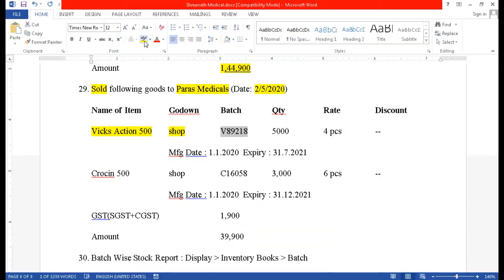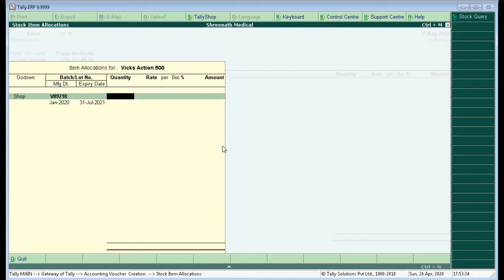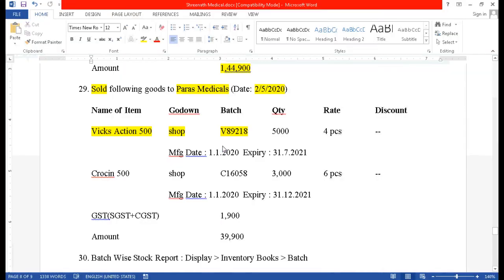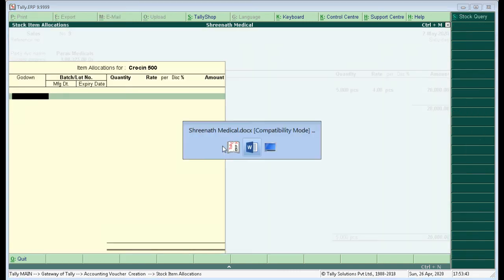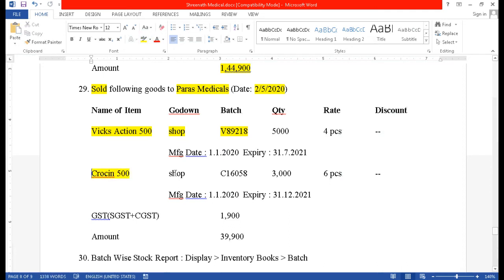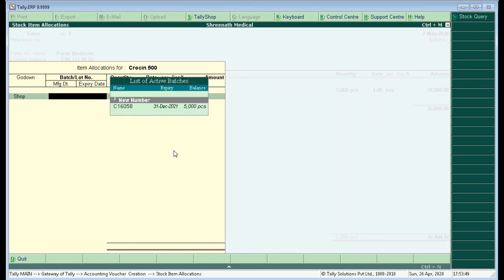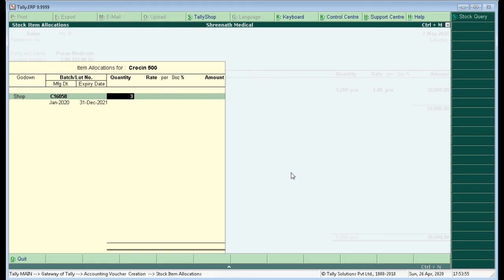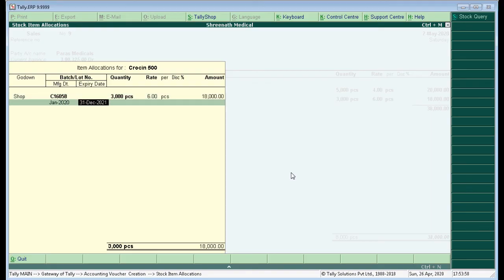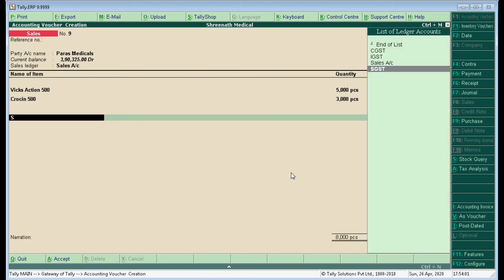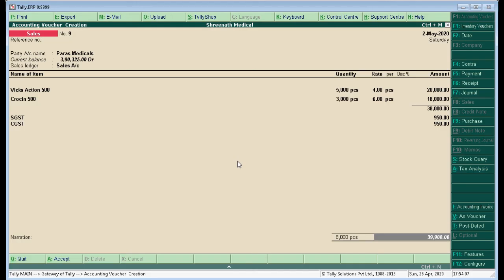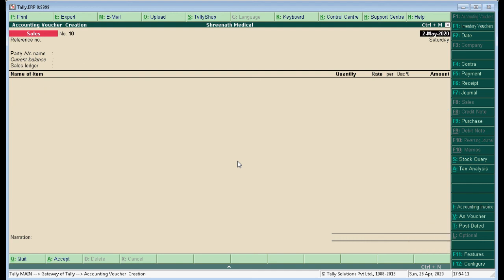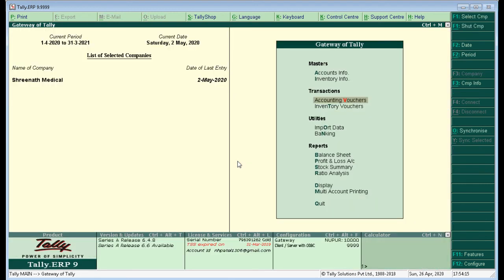We have this particular batch number in the list. You enter the quantity, enter the rate, and manufacturing and expiry date come automatically. You put the other item, select godown, the batch number, quantity is 3000, rate is 6. Put the tax portion and accept the screen. So this is how you should enter the purchase and sales entries with batch number, manufacturing